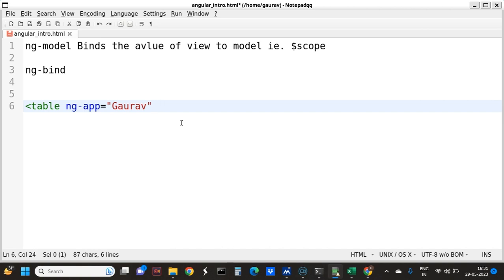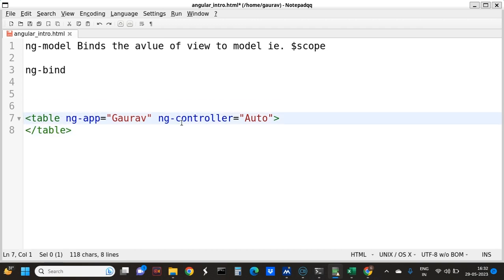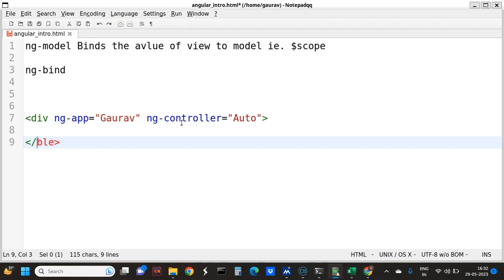So now to create a controller, we will write ng-controller. Suppose my controller name is auto. So in that, if I close it, instead of table, I think we will take div only. So in this div tag,